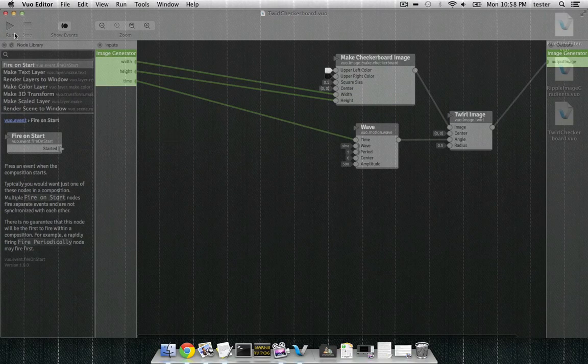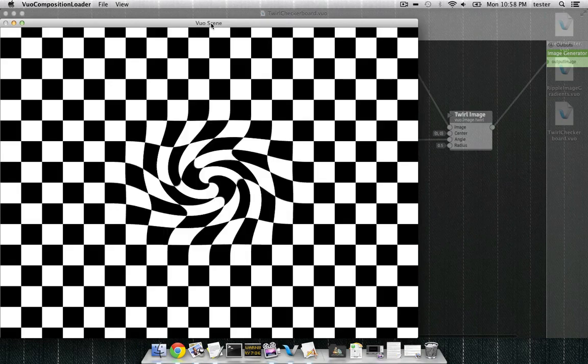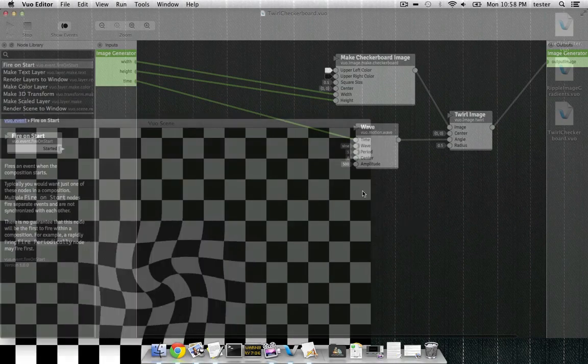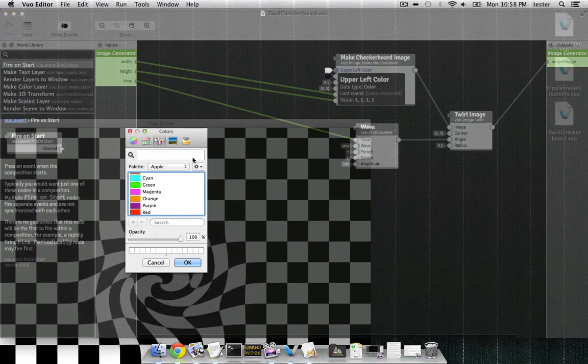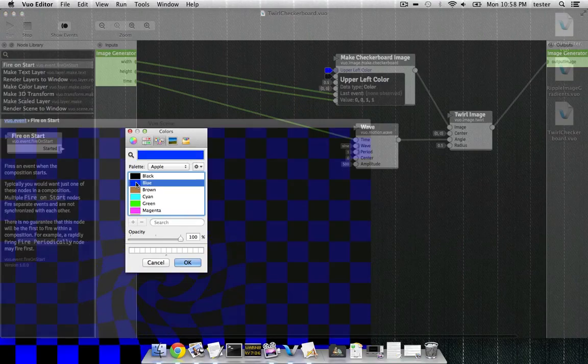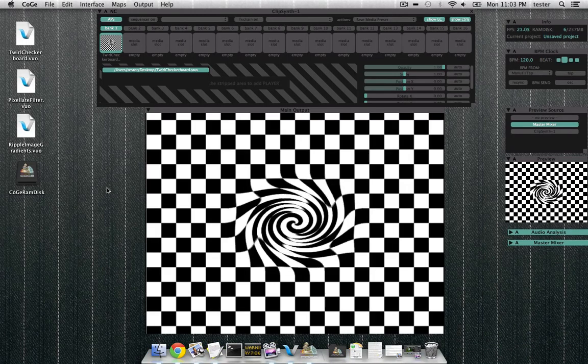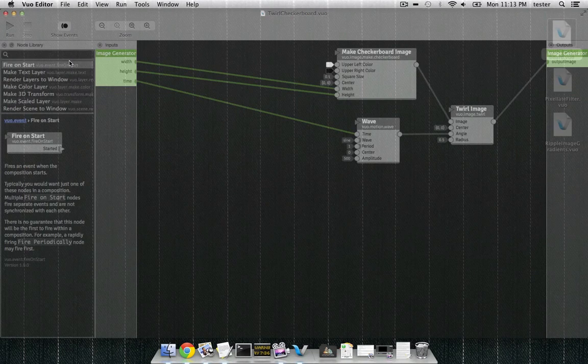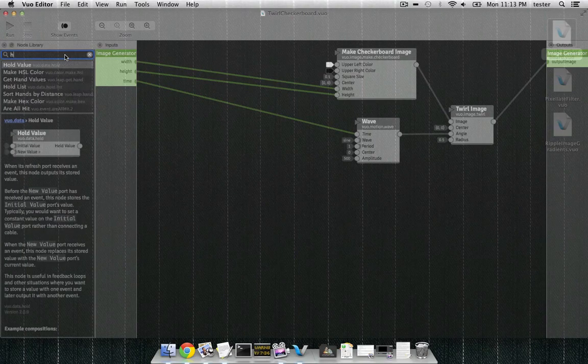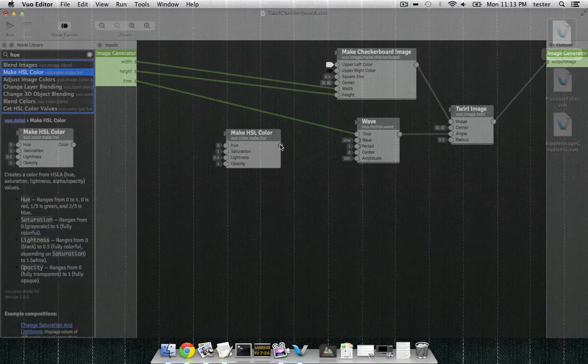In a protocol composition, sometimes it's handy to be able to control parameters besides the protocol inputs. For example, with the checkerboard image generator, you might want to change the color. You can change the color in the Vuo editor by editing the input port value within the composition, but what if you want to be able to change the color from within Koji or another app? When you're running a protocol composition inside another app, if that app supports it, you can expose extra parameters to control by turning them into published input ports in the composition. Drag a cable from the input port inside the composition onto this publish well, and it gets published.